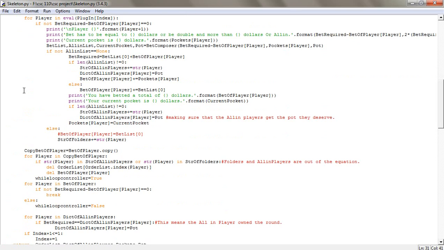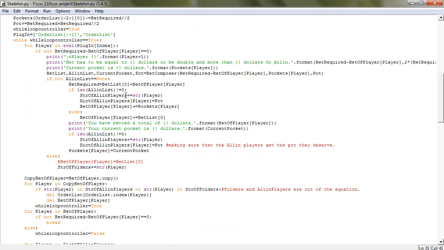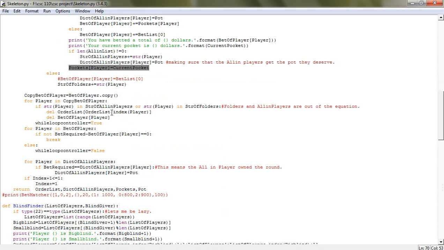If a player folds, he's not asked to bet again, and his pocket will be the pocket that he had before he folded, basically. I think it's in here. Yeah, since pocket will equal current pocket, if a player folds, his pocket won't be updated at all, and he will be deleted out of